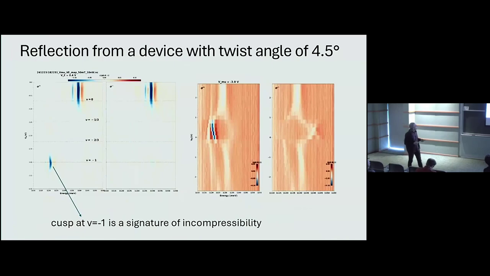All right, so this is a second device, which is in the better range of 4.5. This is very close. So I should have said 3.5. That's wrong. So this is 3.5 degrees. This is very close to the twist angle for which the bands become almost exactly flat, according to calculations from Junkai and Ashwin. Okay? And you see that the spectra look nicer in this device, and I won't show any more data because our magnet broke shortly after.